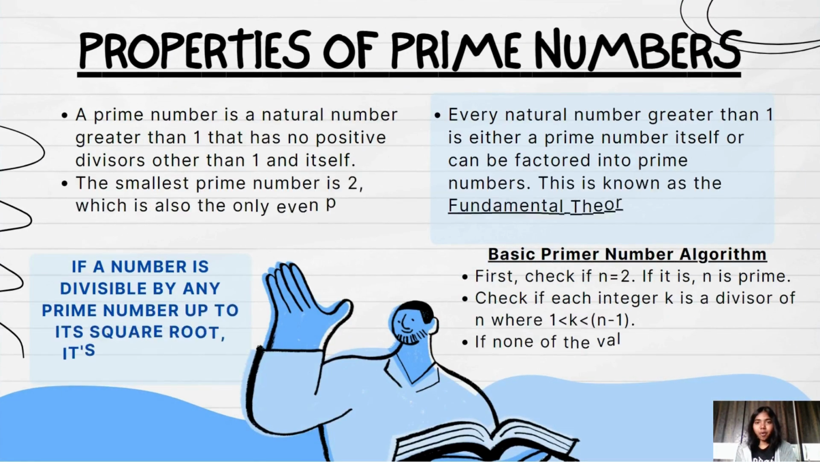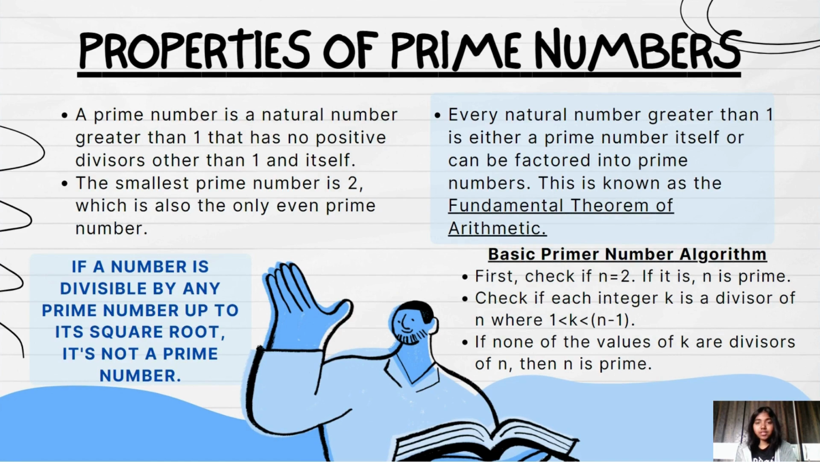Let us now see the properties of prime numbers. First of all, what is a prime number? It is a natural number greater than 1 that has no positive divisor other than 1 and itself. In other words, it has exactly two distinct positive divisors. Every natural number greater than 1 is either a prime number itself or can be factored into prime numbers. This is known as the fundamental theorem of arithmetic. Note: if a number is divisible by any prime number up to its square root, then it's not a prime